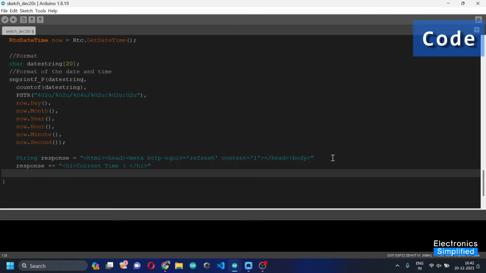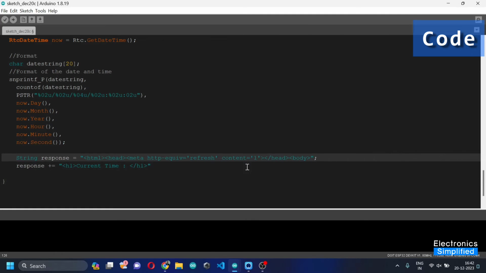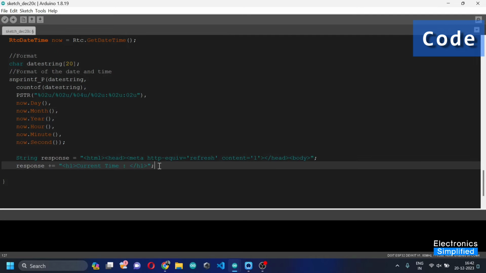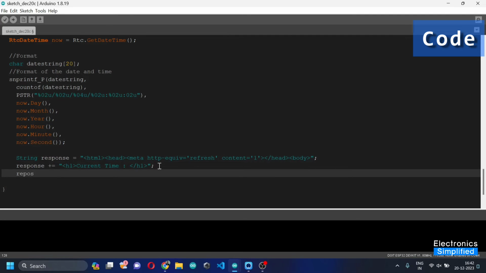Don't forget to put semicolons. So then you can keep on going, you can keep on adding more and more. You can just add more to the string, but that's going to just overload it. So it's always better that we kind of